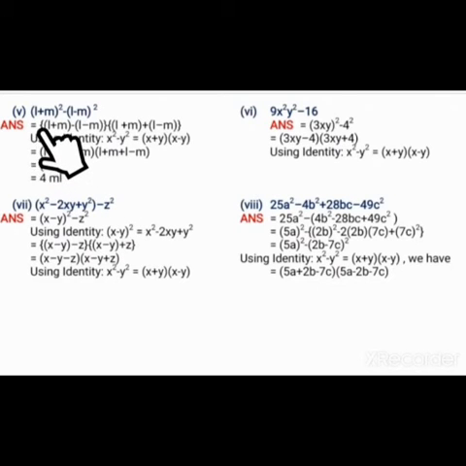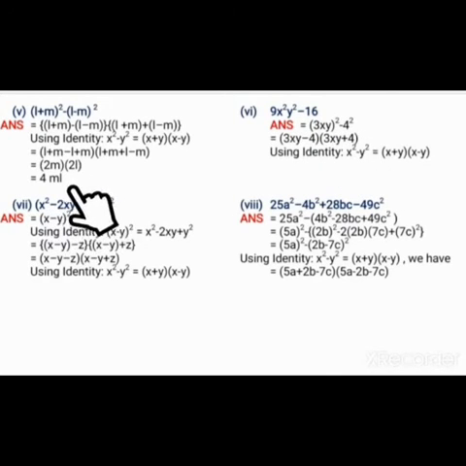Same for the fifth one: (L plus m) whole square and (L minus m) whole square, with a minus sign in between. So you have to take the first one as negative and the second one as positive. Then open the bracket: minus L plus L is cancelled, and minus m plus m is cancelled. So here 2m and here 2L, 2 2s are 4mL. Same as the sixth one, a minus b whole square. a square minus b square, that is (a minus b)(a plus b).